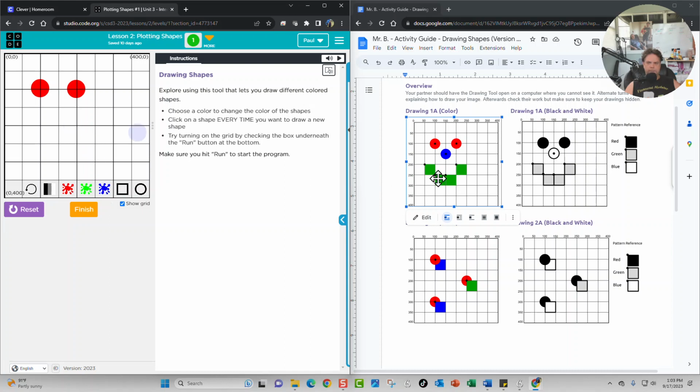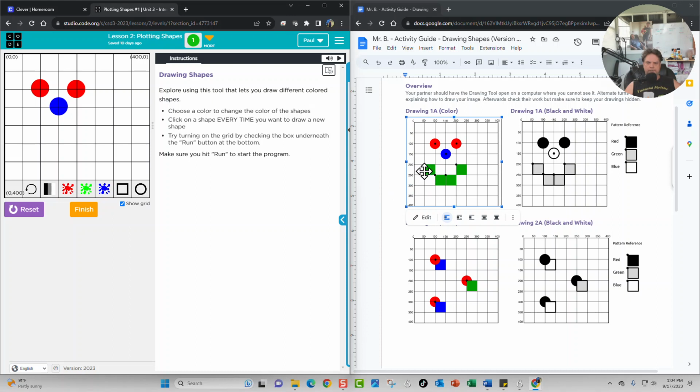And then on this blue circle, we can see that it's at about 150 and 150. So I want to go to 150, 150. That's about right here. That's close enough. So give me 150 and 150. The next thing we need is four boxes, and the boxes need to be green. So we'll click on box, we'll click on green, and we can see the corner of this box right here